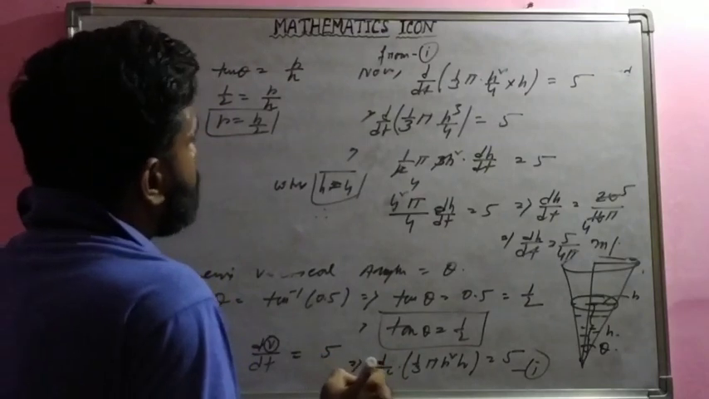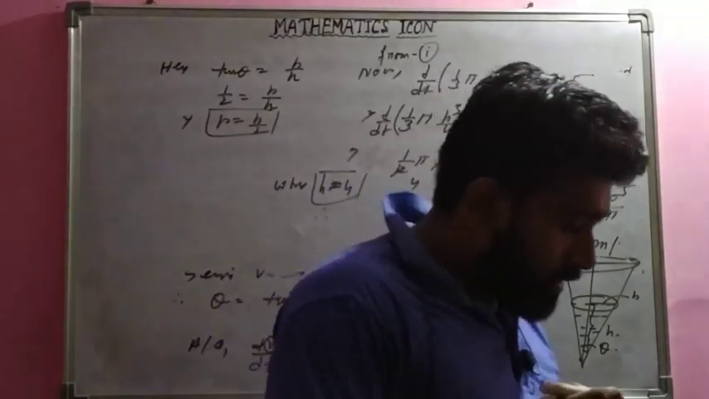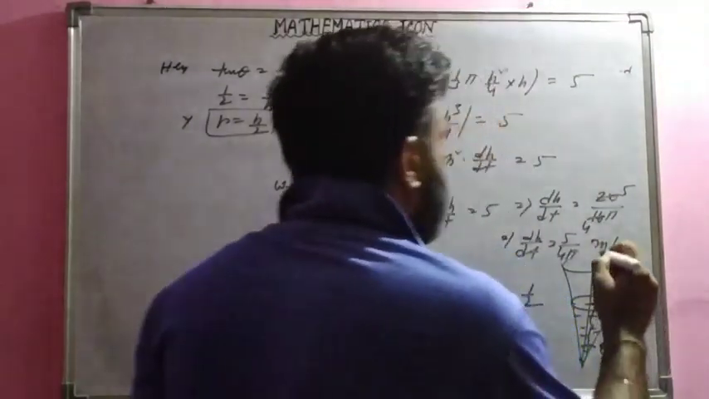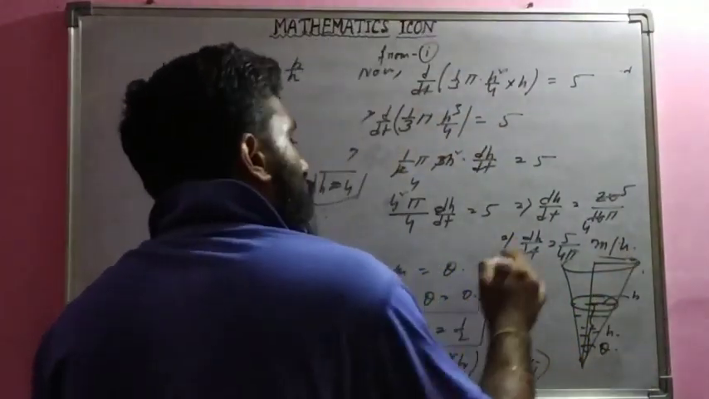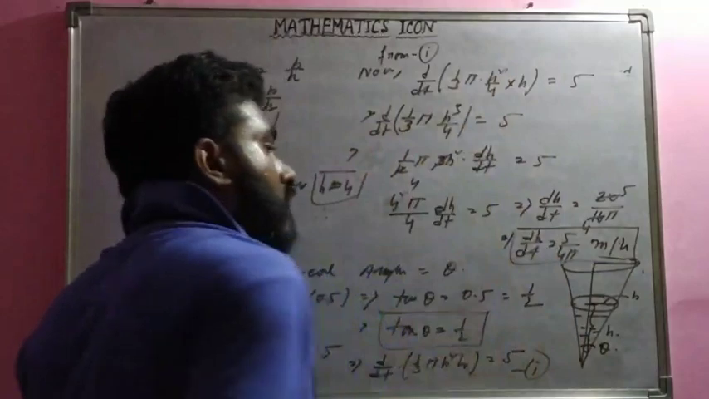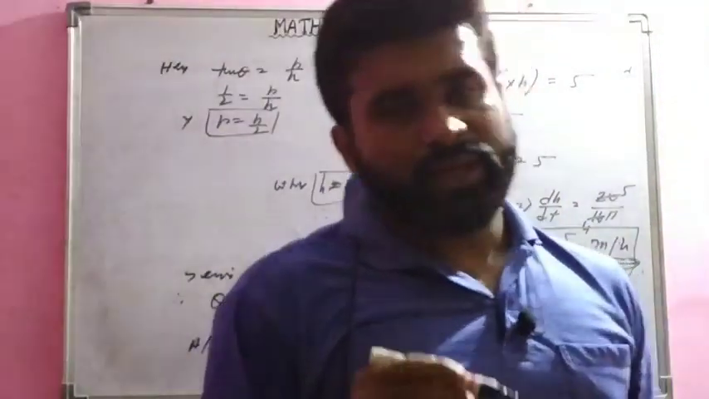मीटर पर आवर, क्या दिया गया था यूनिट, मीटर पर आवर। ये है आपका वाटर लेवल इज राइजिंग एट द रेट ऑफ 5/4 पाई मीटर पर आवर।